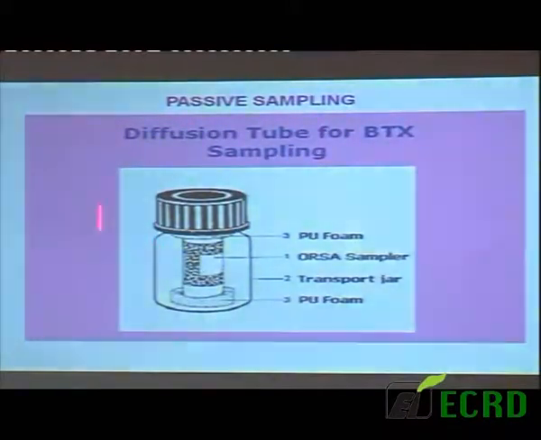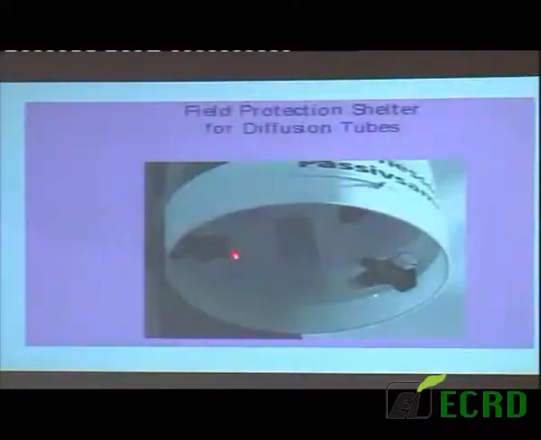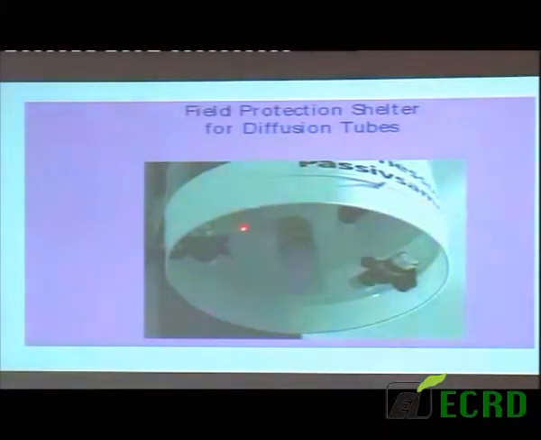I will explain one by one. This is passive sampling. This is called a passive sampler. It is nothing but activated charcoal in a glass tube kept in a bottle to avoid contamination. These are manufactured by standard companies, and you can buy them and take these to the field. Next, please. And you place these tubes inside these shelters in the field, anywhere on the roof or wherever you want.